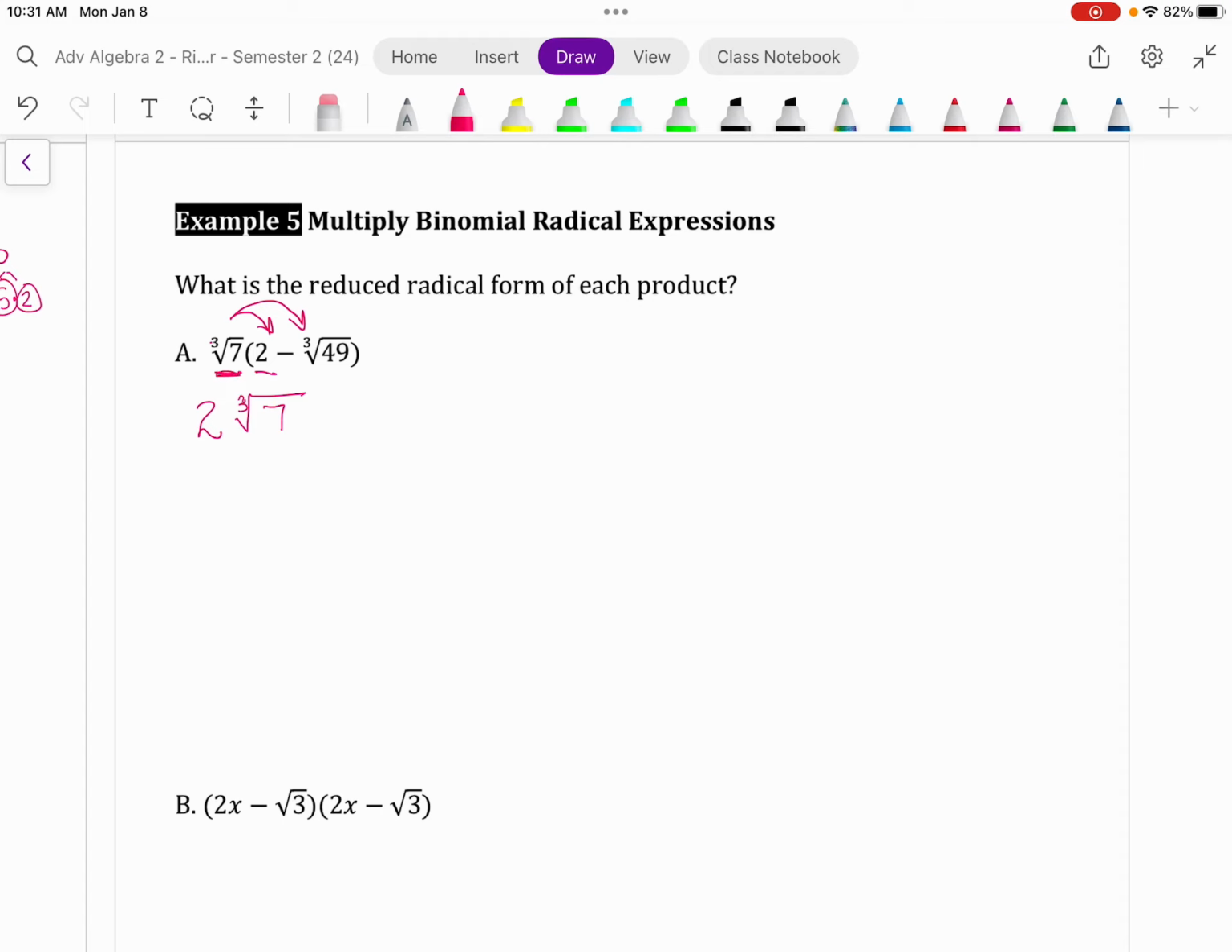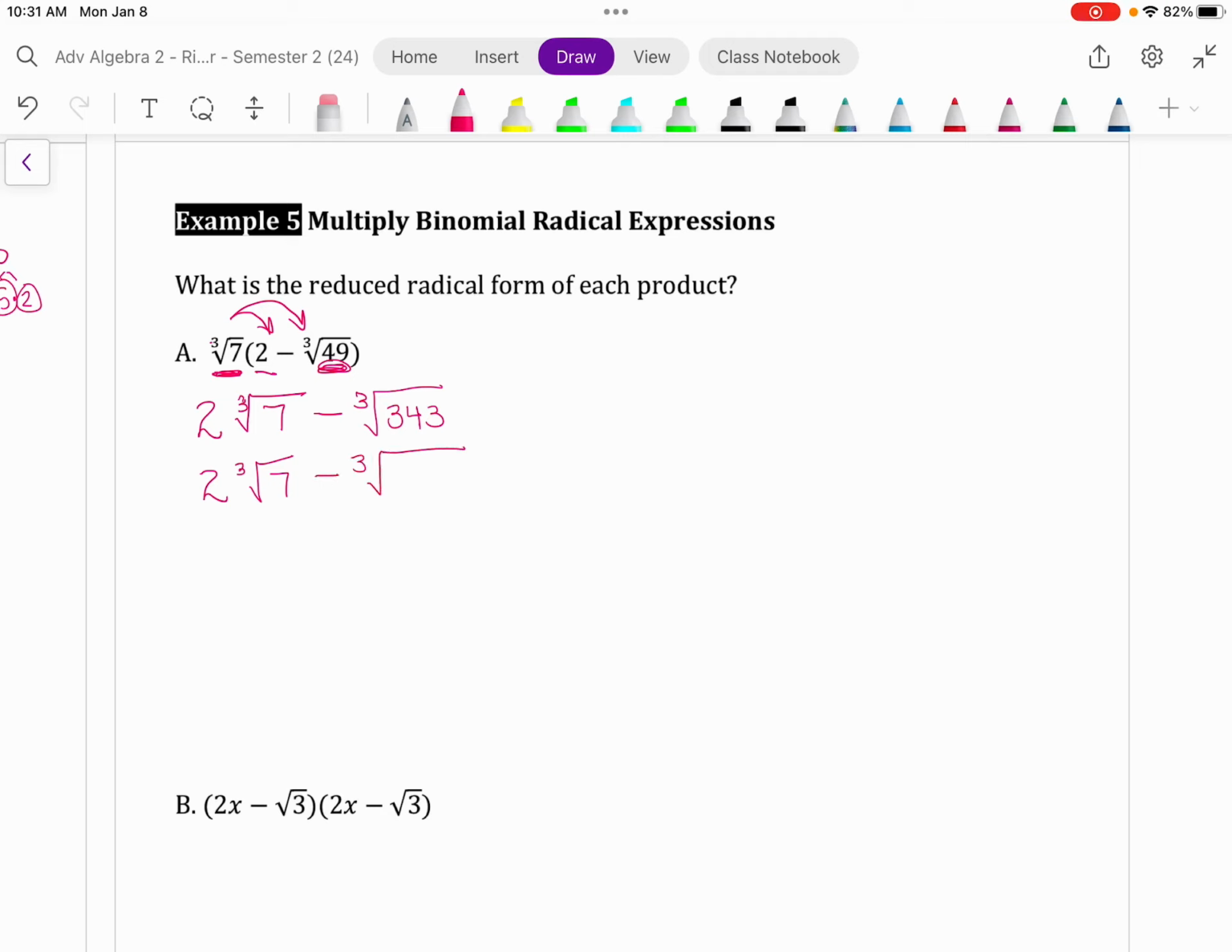However, this is inside the cube root and inside the cube root. So those will be together. So you will actually multiply that, which 49 times 7 is 343. Or you could also think about that as